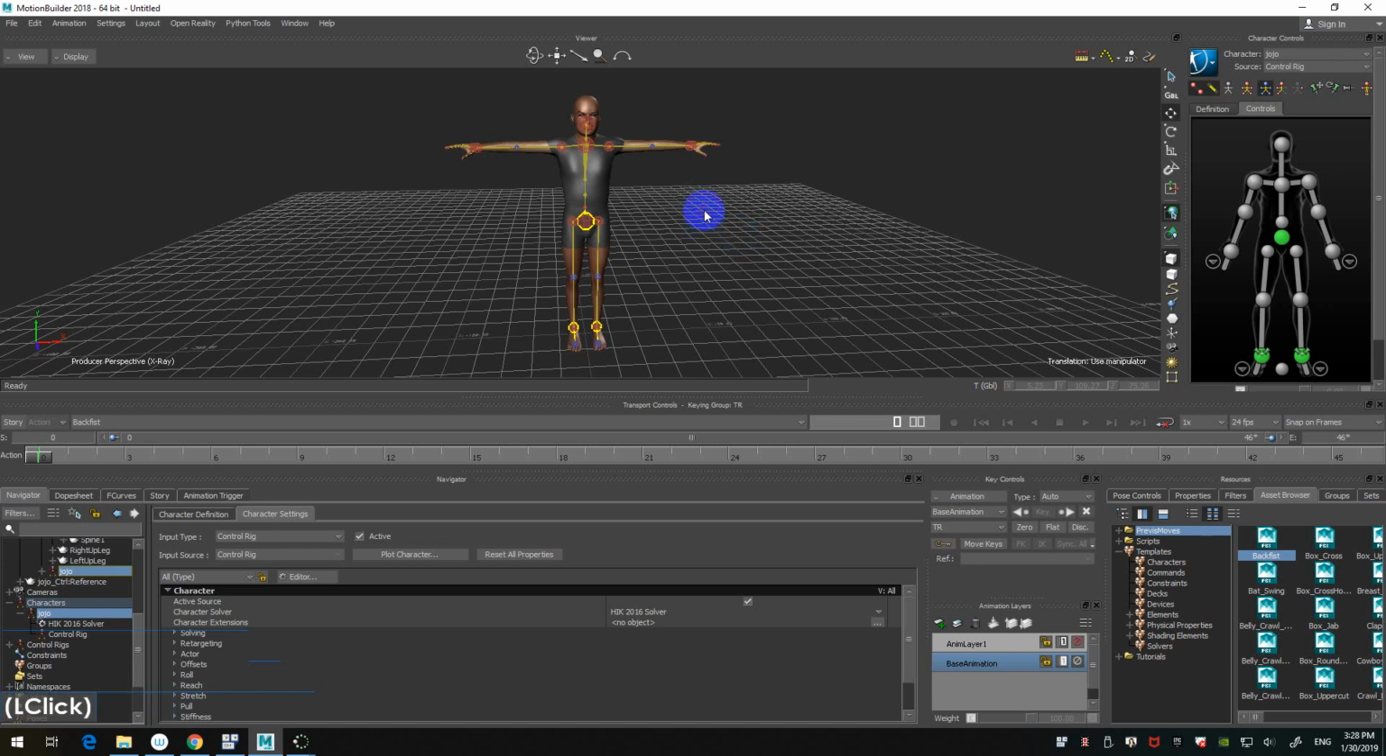So the reason the animation didn't transfer is we didn't bake the motion from the skeleton to the control rig. We just switched. So it's like an on-off toggle. Okay. So in order to bake the motion from the skeleton to the control rig, we need to switch back